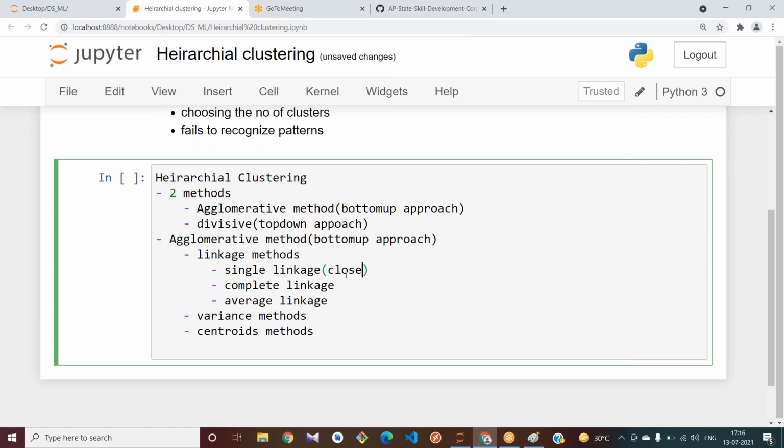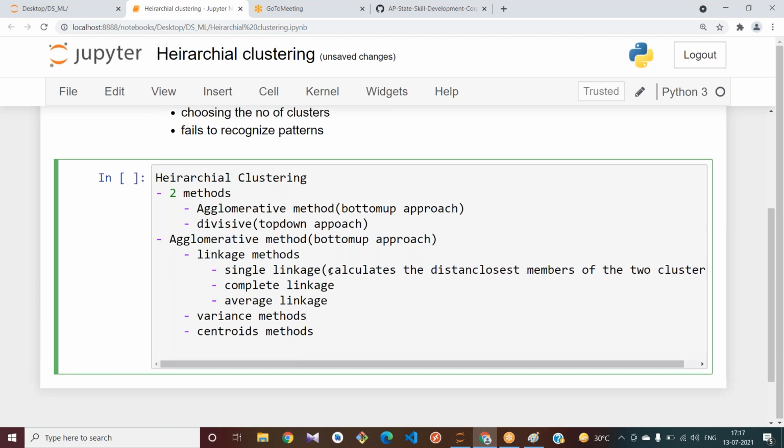It tries to calculate the distance between the closest members of the two clusters.